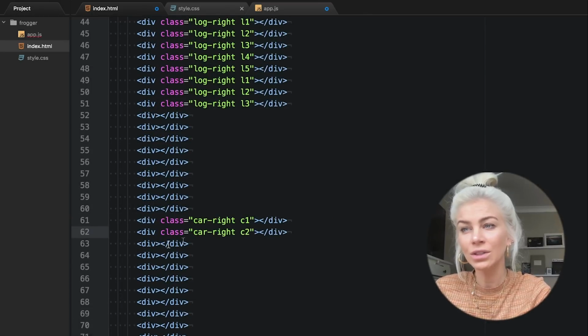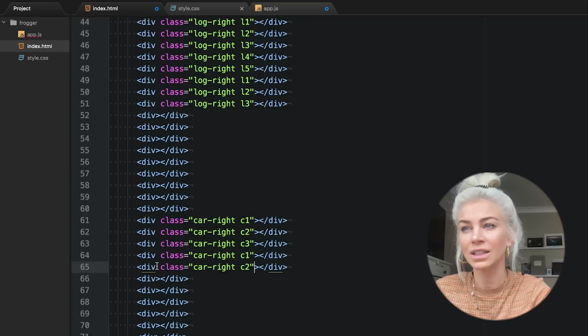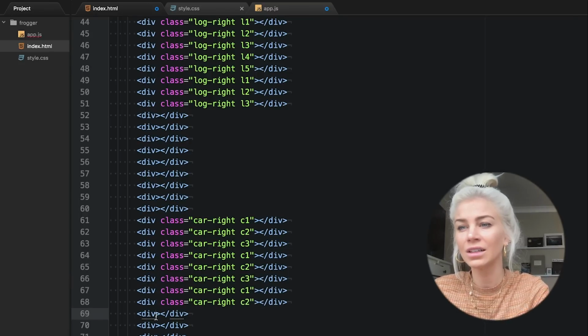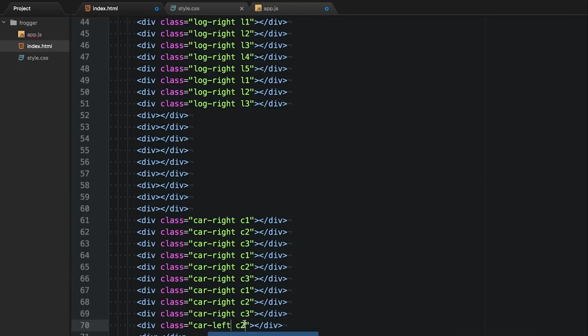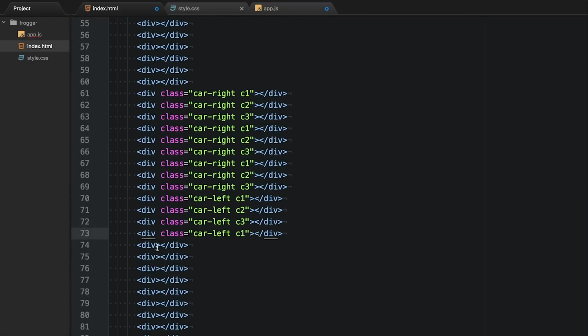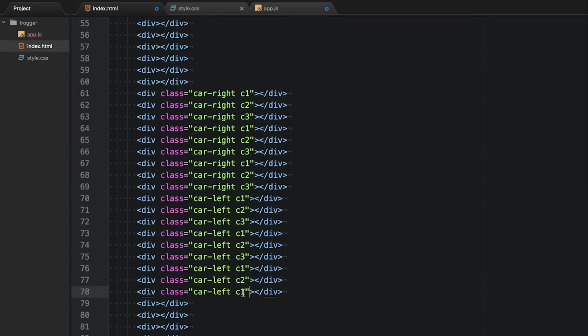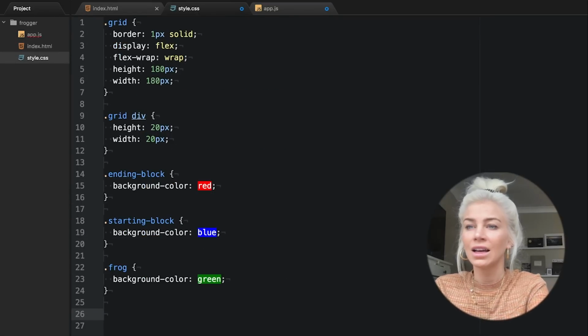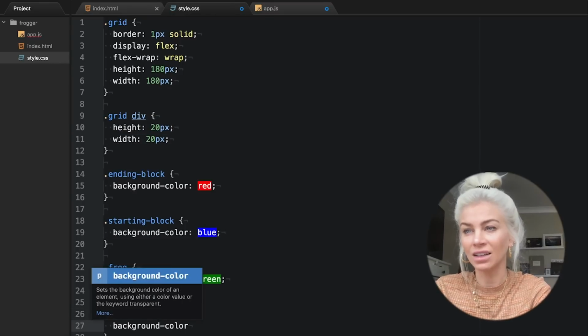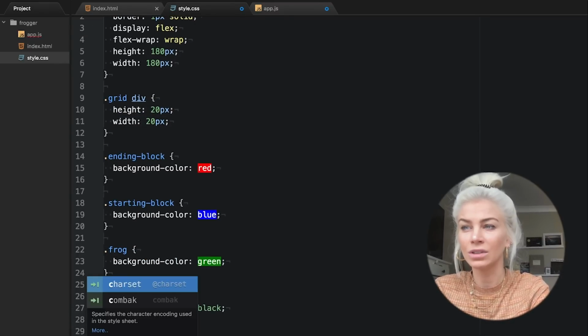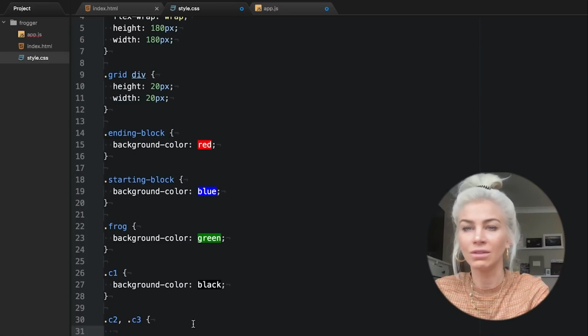And the same for the road, so div 46, but index 45. And now flip over to your CSS file and add some colors so we know what is road, car, river, or log.